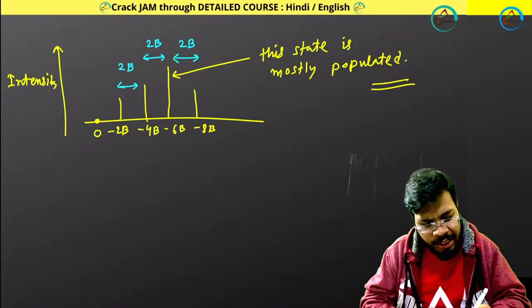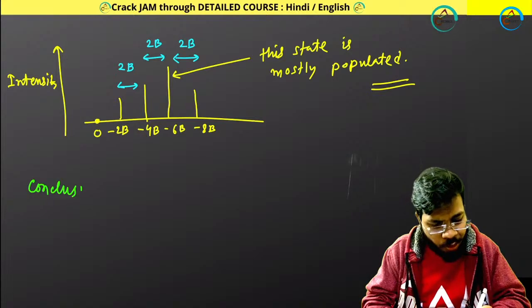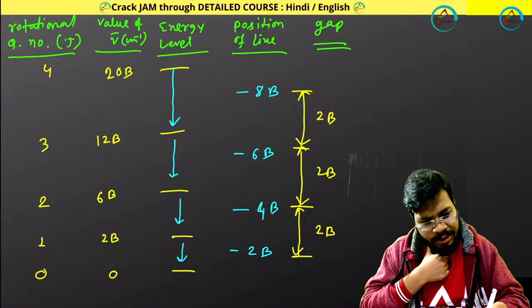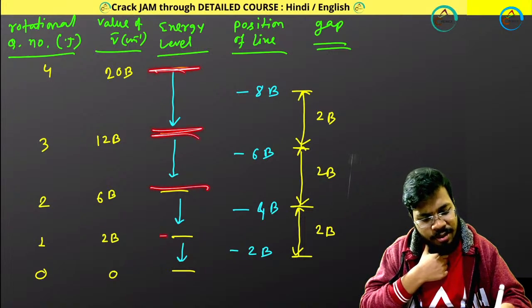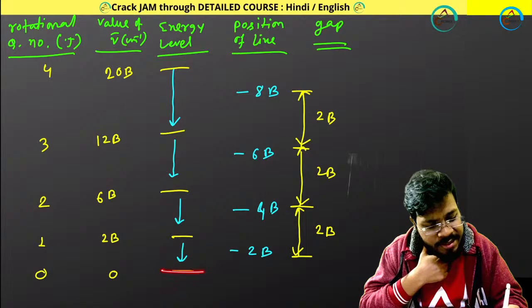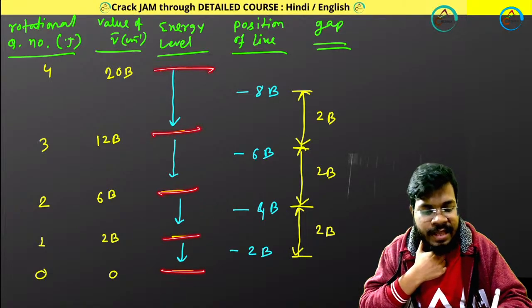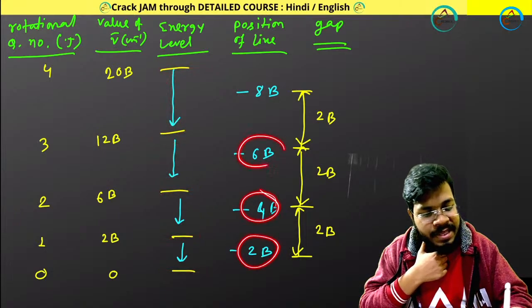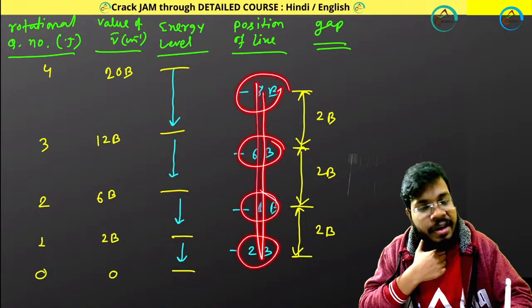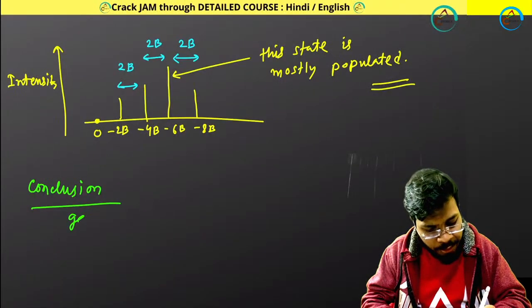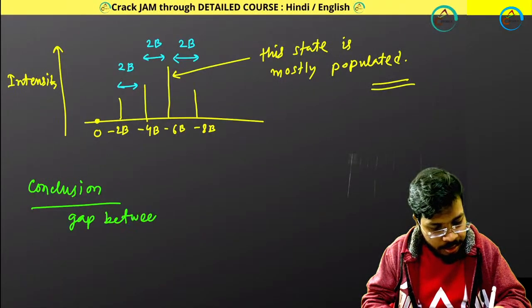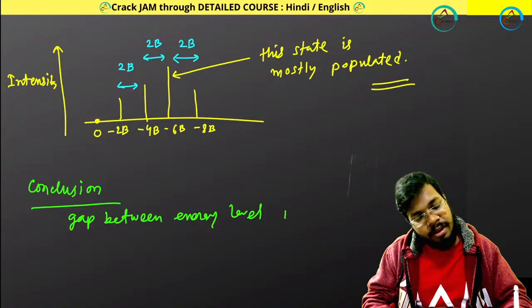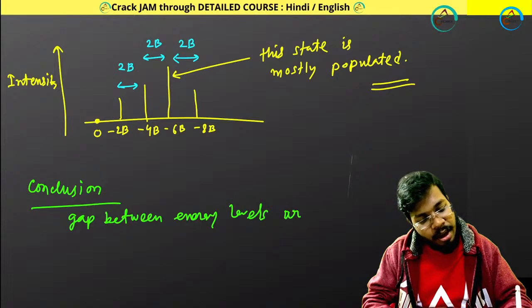So from here what conclusion are you getting? You are getting one conclusion that if you look at these energy levels, these energy levels are not equispaced. The gap between the energy levels is not the same. Here it is a 2B gap, 4B gap, 6B gap, 8B gap. The gap is different. So the gap between energy levels is different,